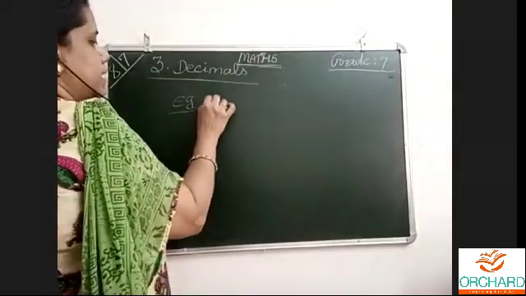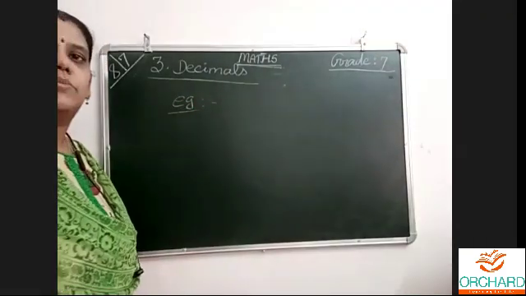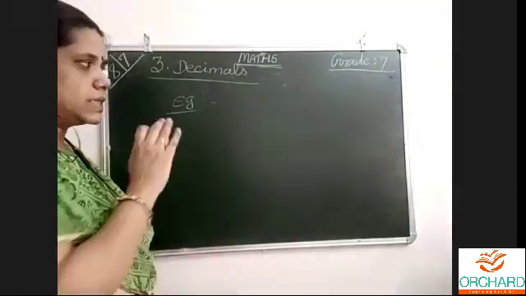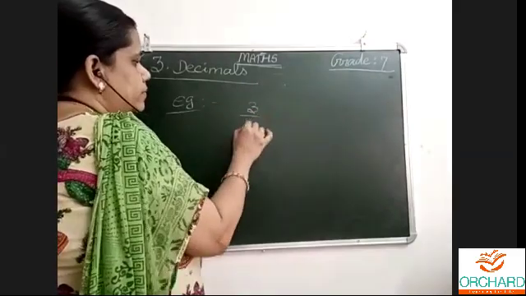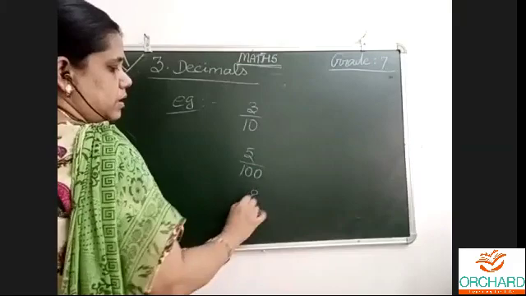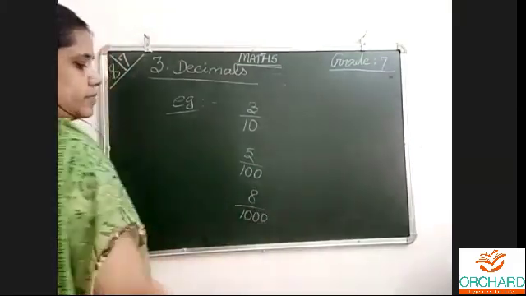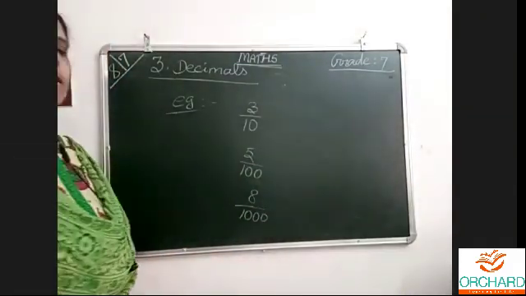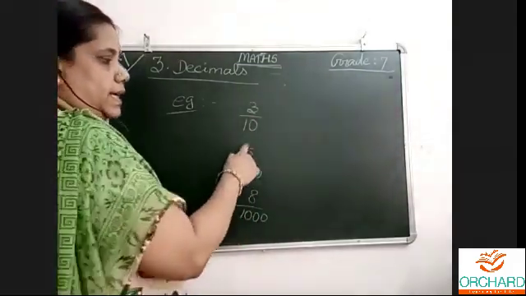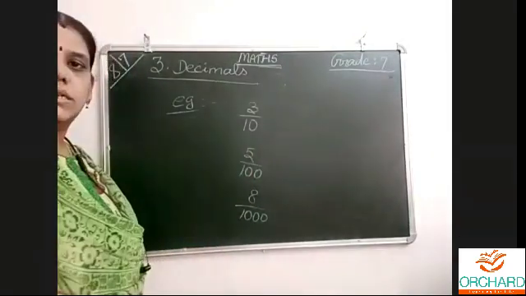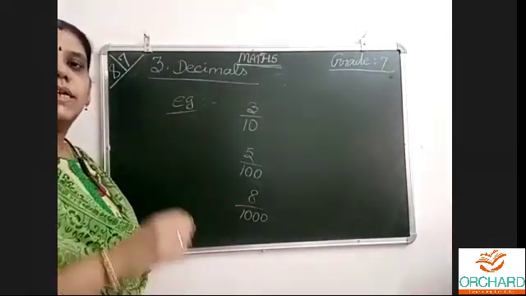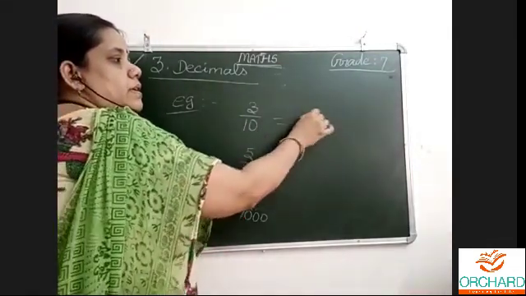Now see, simple thing. This is just an introduction. Everything will be given in the book. Later on, you can read it. Now, no need to write anything. Just listen to what I say. Let us take some. These types of fractions where we have the denominator as 10, 100, 1000, 10,000 and so on, only these types of numbers can be written as decimals.